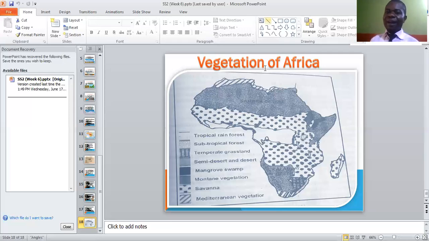Remember we said there are factors that affect climate. They include altitude, latitude, natural vegetation and soil, cloud cover, and so many others. We've also looked at the climate that we have in Africa. Talk about the Sudan climate, the hot desert climate, and so many other climates. We've also gone to vegetation, talking about how bushy or forested a place is and the kind of grasses that are seen there. We talked about forest, tropical forest vegetation. We talked about the Mediterranean vegetation, and then the trees like the oak,